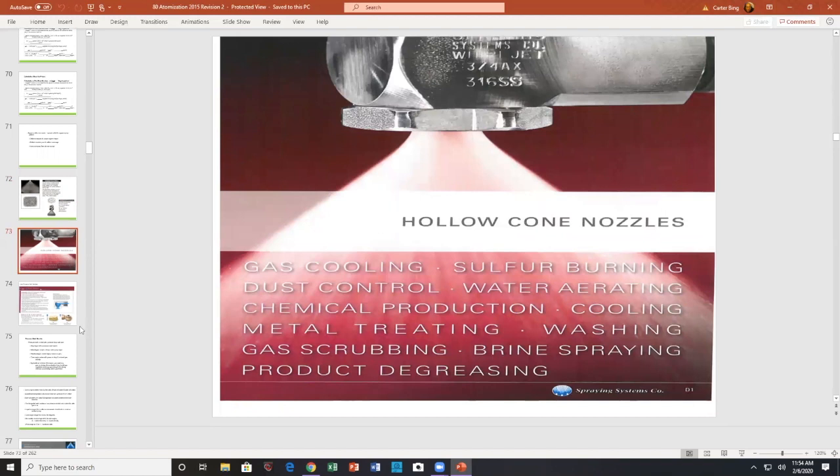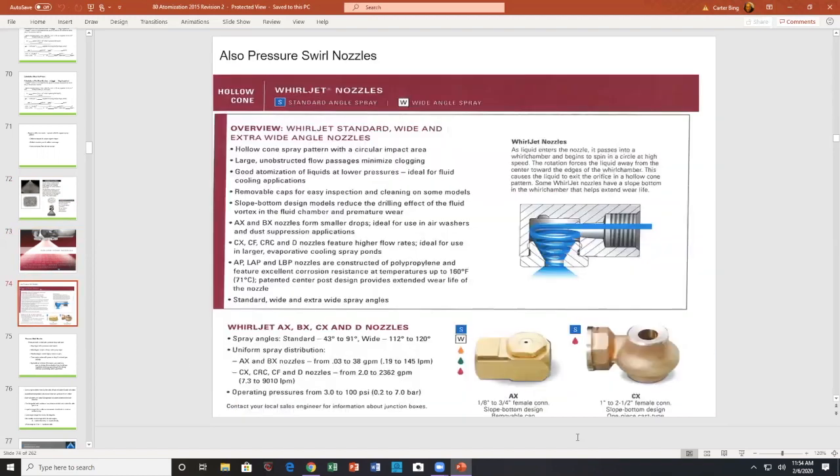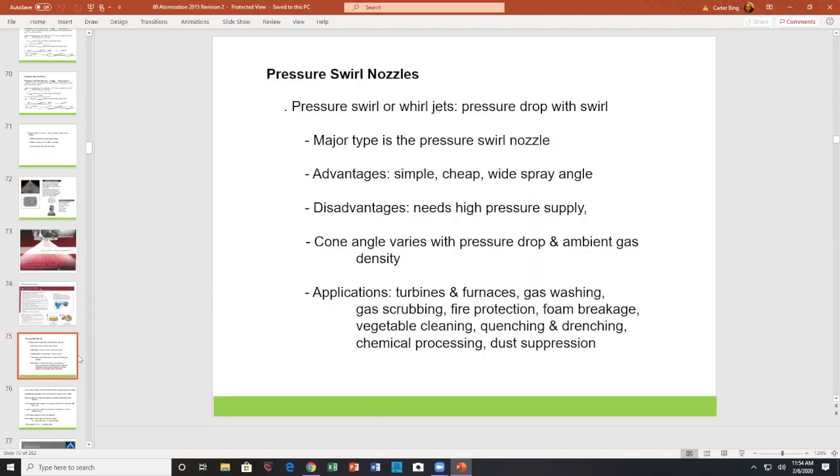Okay, hollow cone, here's the off-center stuff. Flow comes in off-center and leaves. You can see it's off-center here. Not necessarily apparent here. Pressure drop with a swirl, major type, simple, cheap, wide angle, needs a high supply pressure. Pressure supply varies with pressure drop. Applications,